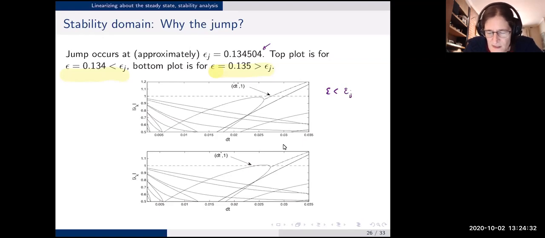And what we're seeing is, this is a real eigenvalue, and this is a real eigenvalue. And at a particular value of dt, they join and they become a pair of complex conjugate eigenvalues. And that pair of complex conjugate eigenvalues crosses the unit circle at this value of dt. Now, for a slightly larger value of epsilon,